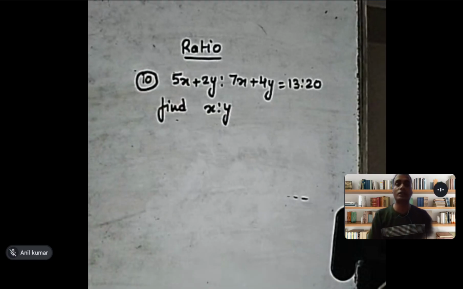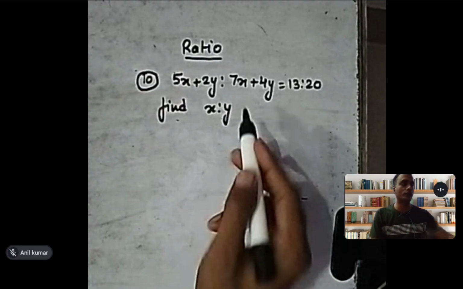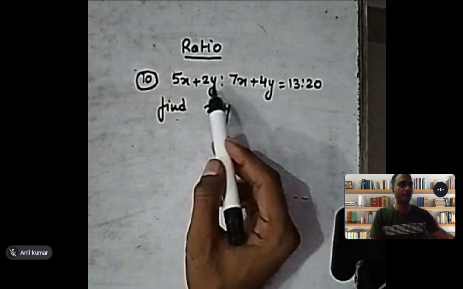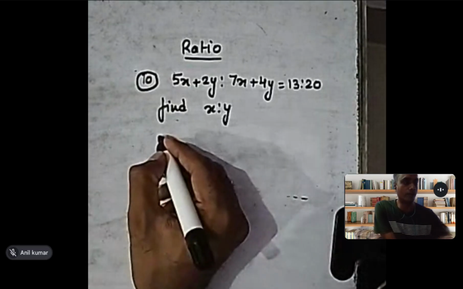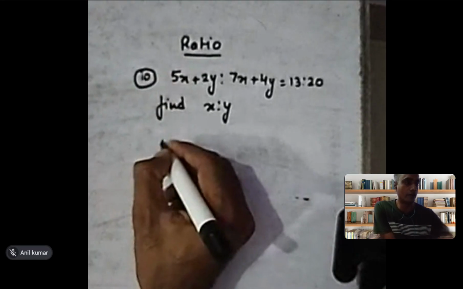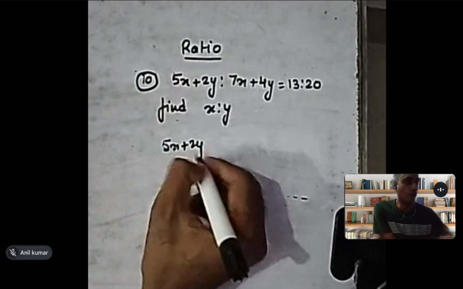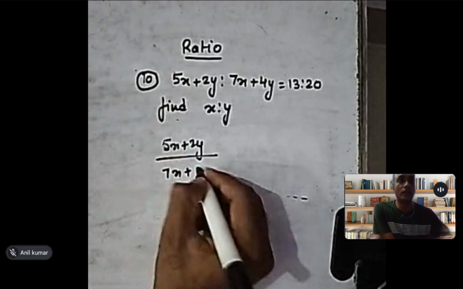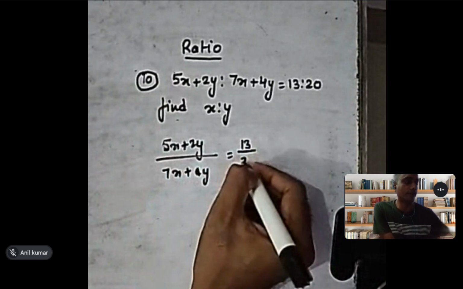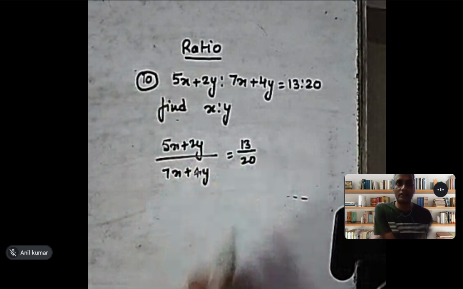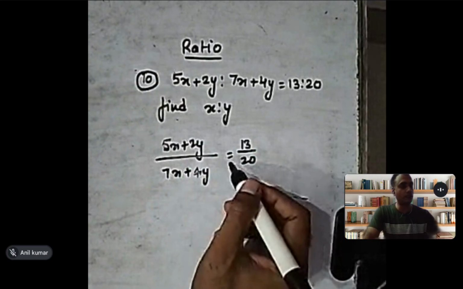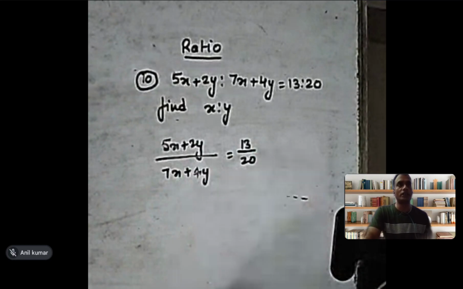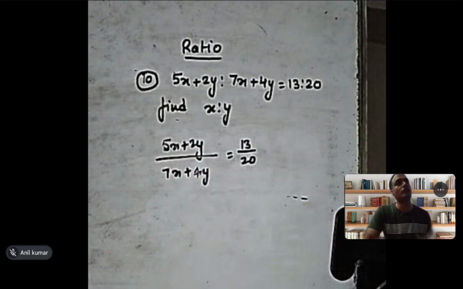In the previous question, x ratio y was given, and you had to find expressions like these terms. But in this one, the expression ratio is given, and you have to find the x ratio y. So nothing to do with that. Simply write 5x plus 2y over 7x plus 4y equals 13 over 20. ऐसा हम लिख सकते हैं. Yes, the ratio is expressed in the form of a fraction like this. Just cross multiply the terms and